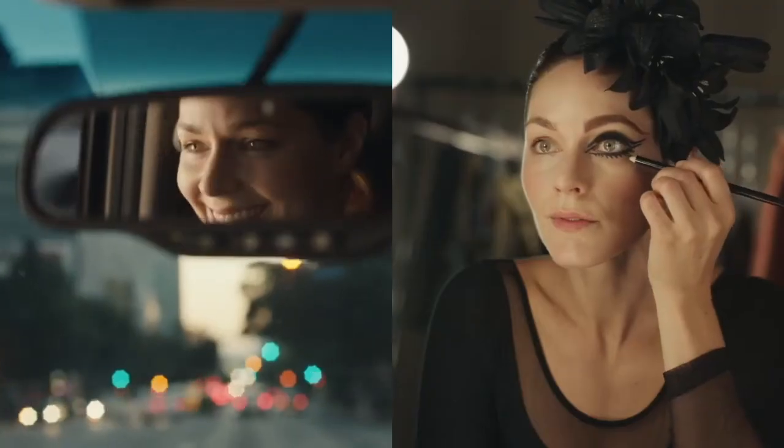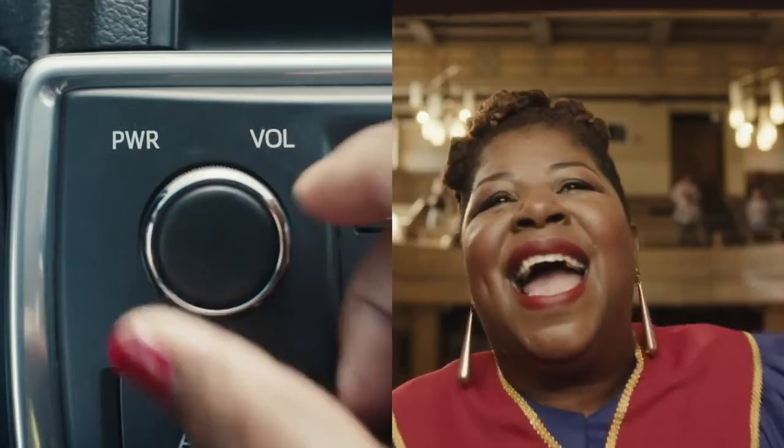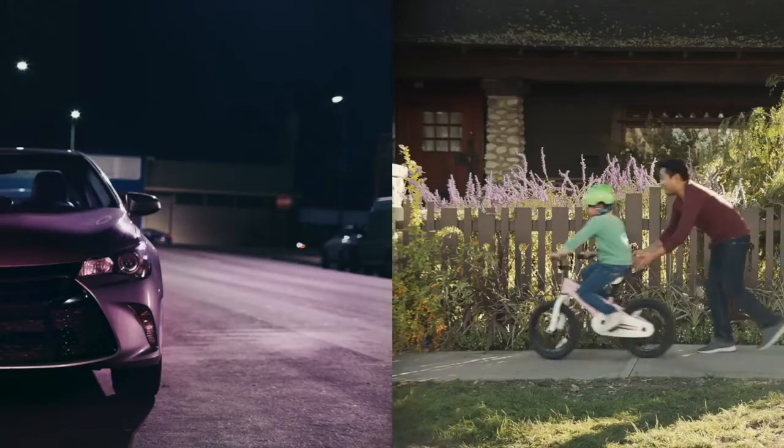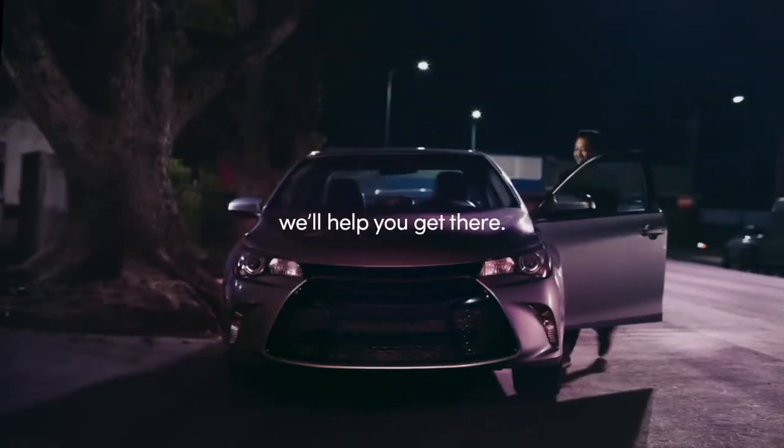Boogum now, baby, you're casting your spell on me. I say boogum now, baby, you're casting your spell on me. I just said